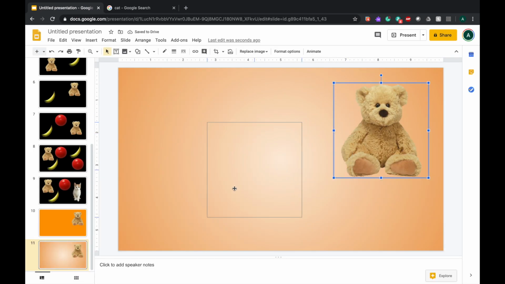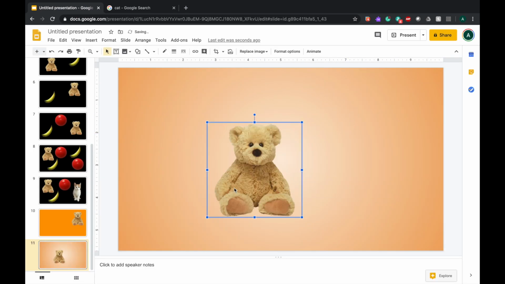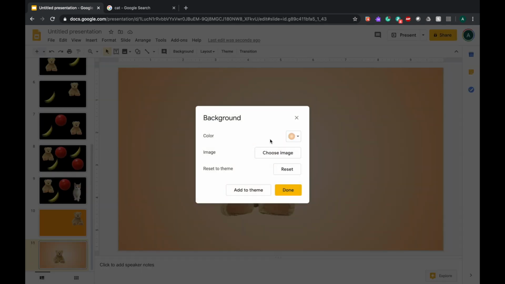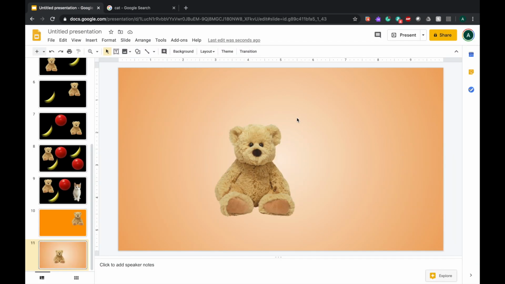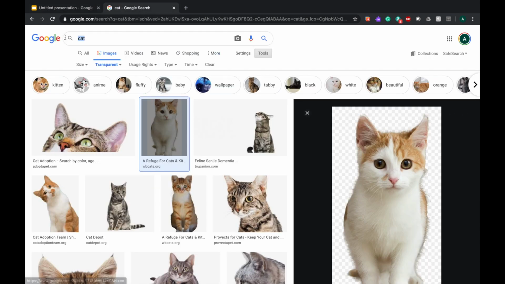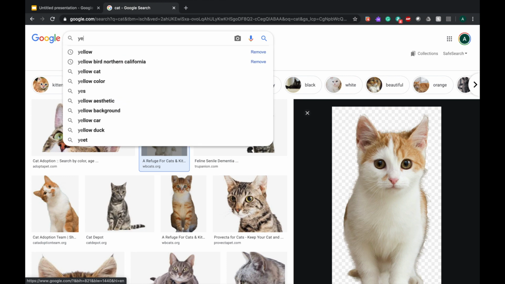Moving the bear to a spot where it might be lighter in this case might make it even more challenging. Now, Google does allow you to choose an image to set as a background. However, I have found that it might be easier to just bring in an image yourself. So in this case, I will type in yellow